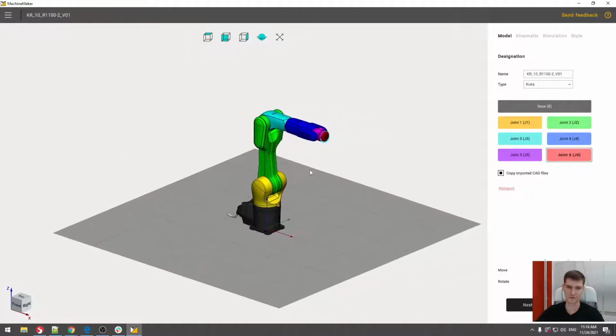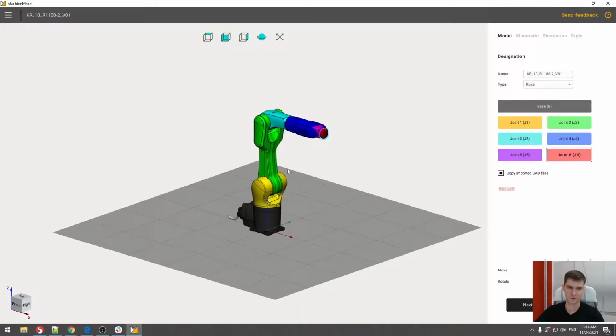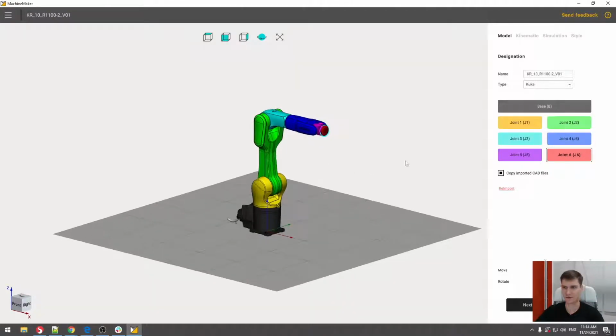We just group parts to robot nodes. Also, you can set the name of your mechanism here, and you can set the robot vendor here. As you can see in the list, I select KUKA robot because we have a KUKA robot, and I click next,